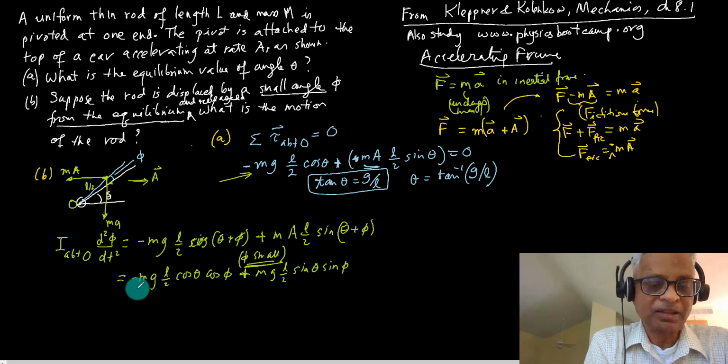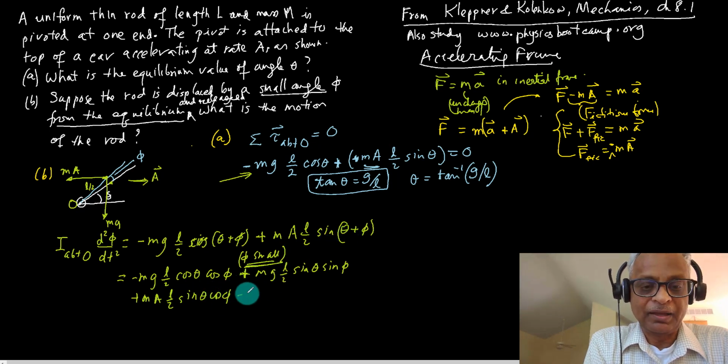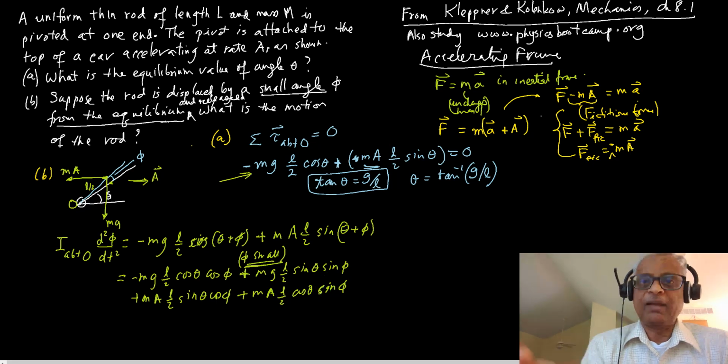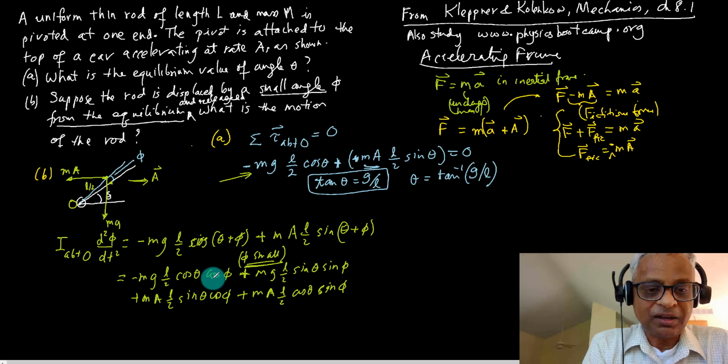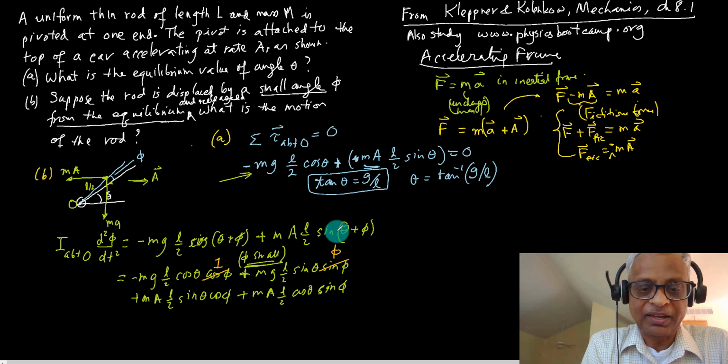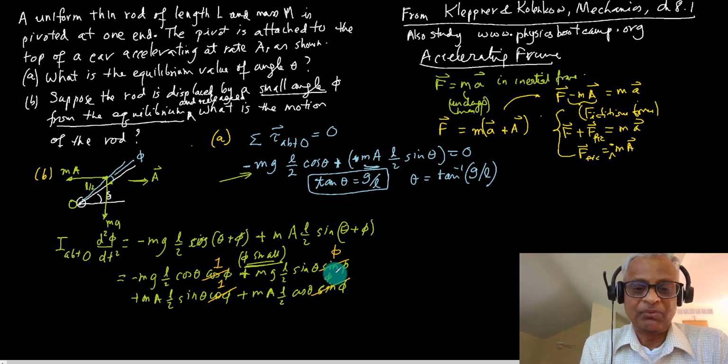That's from here, and from here I'm going to get plus ma L over 2 sine theta cosine phi, and plus mg ma L over 2 cosine theta sine phi. Okay, so let's see, this can be replaced by 1, this can be replaced by phi, this again replaced by 1, this can be replaced by phi, and when you do the replacement,